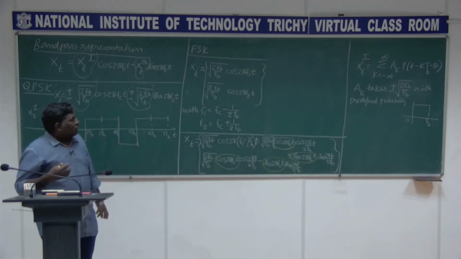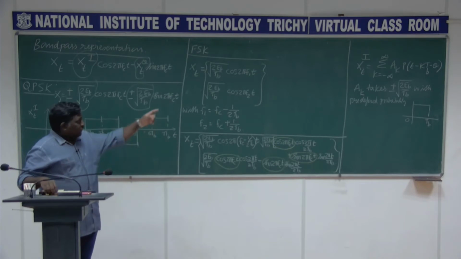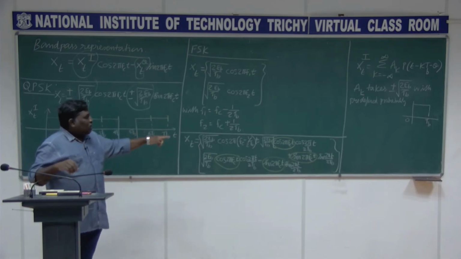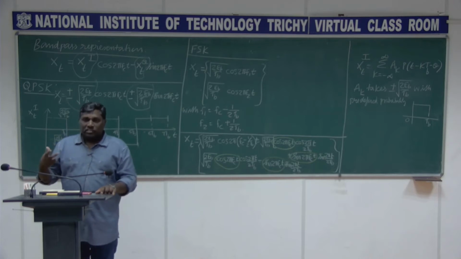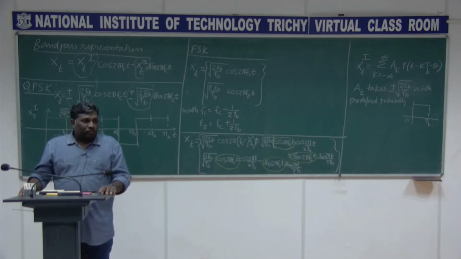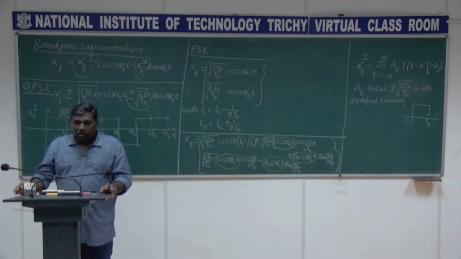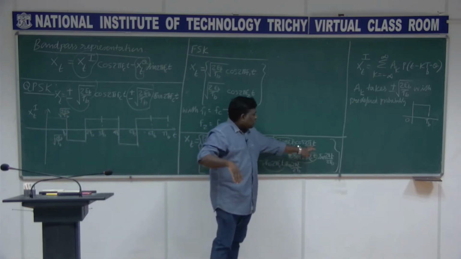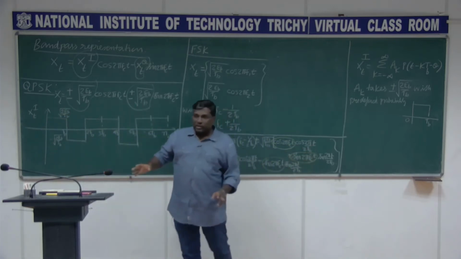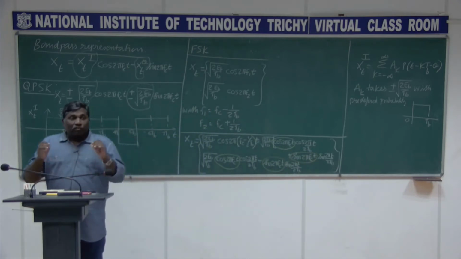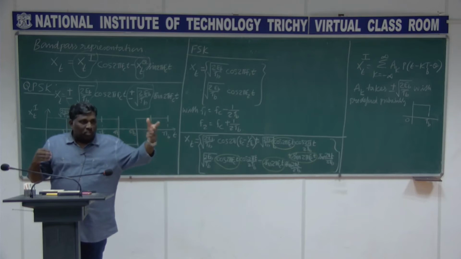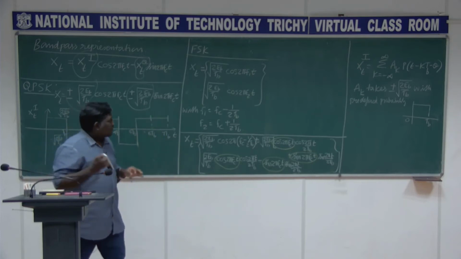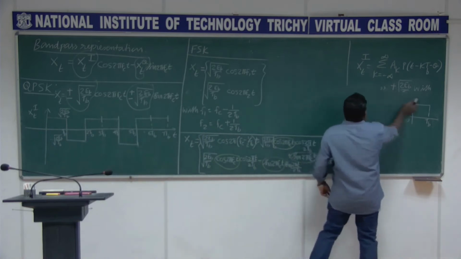What does it mean? It means that for the in phase component, this expression is the same, right? But this is not taking two values, plus or minus, it is taking only one value. So whatever you transmit, either it is 1 or 0, your in phase component is just this cos 2 pi T by 2 TB getting transmitted, irrespective of whether it is going to be ones or zeros, doesn't matter. You understood what I am telling? So I just wanted to plot that so that you can understand it better.